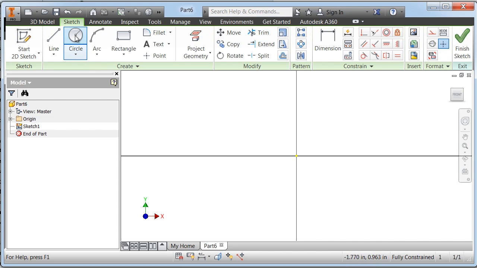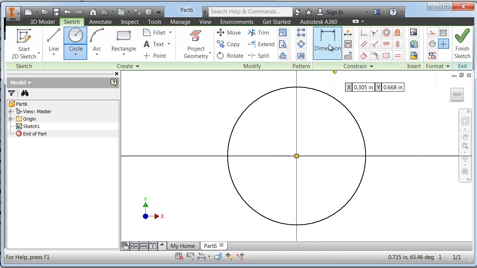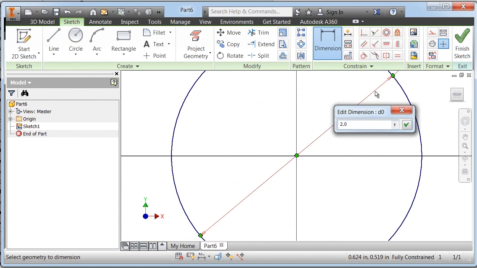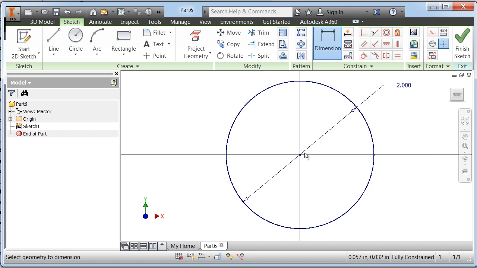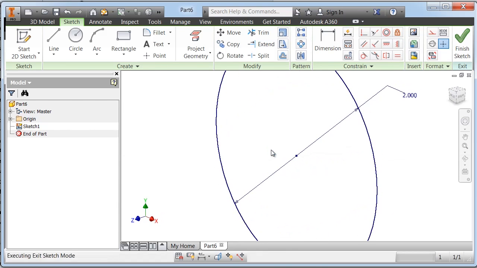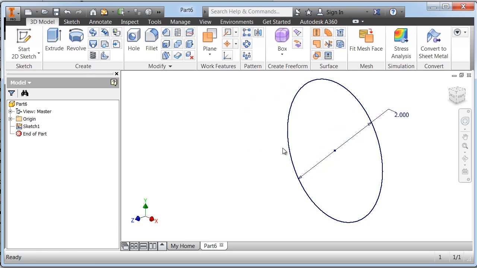So we'll move our cursor to the circle icon. We'll left click one time. Move our cursor to the center here. Left click once. We'll drag that out. We'll left click on Dimension, and we'll dimension this to 2.0. Then we'll right click. Left click on OK, right click again, finish sketch, and we'll zoom it out a little bit,